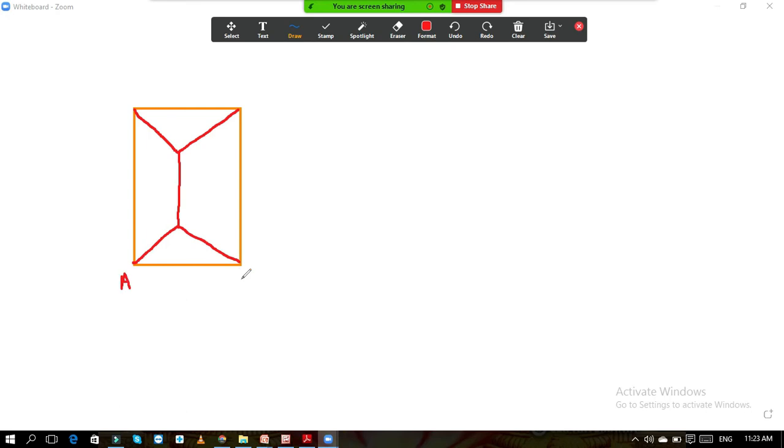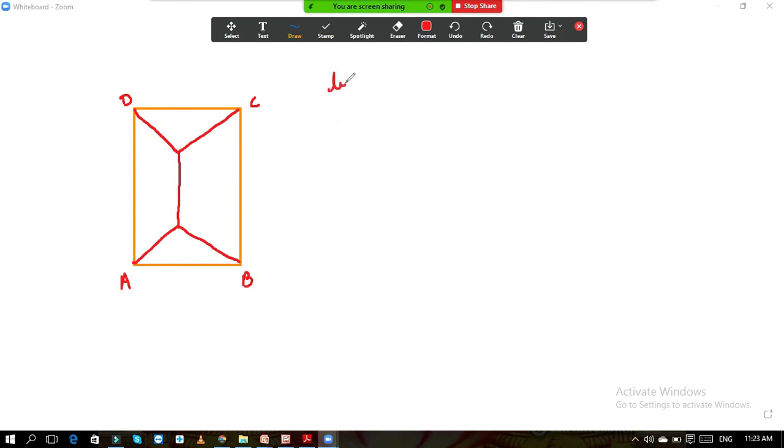Now, if I give the names A, B, C, D, the load of the slab is transferred to the beams. If you consider beam AB, then this load will be transferred in this triangular fashion. If you consider beam BC, then it is transferred in this trapezoidal fashion. So this is the load transfer from slab to beam. The distribution of how the load goes from the slab to the beam is shown here. In this way, the load is transferred from slab to beam.